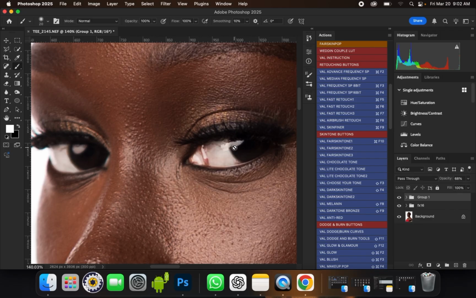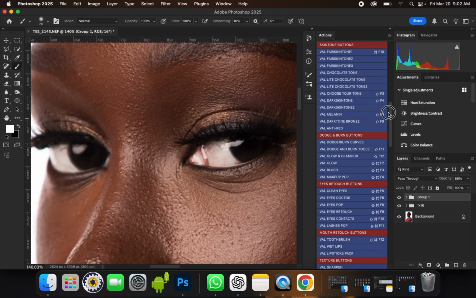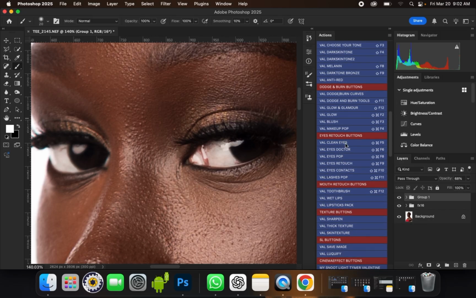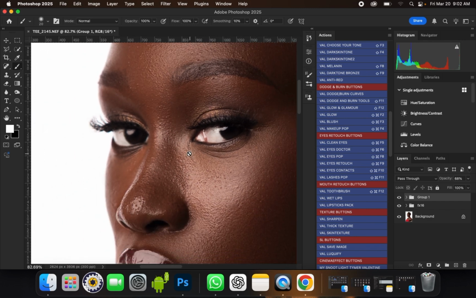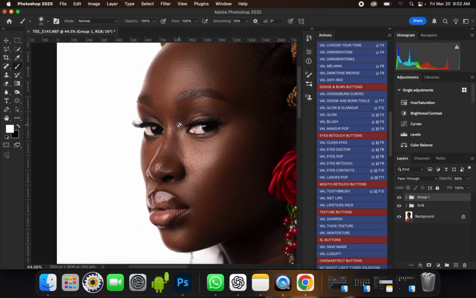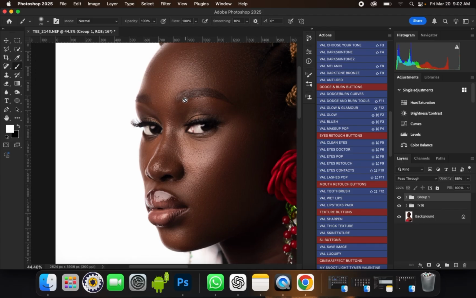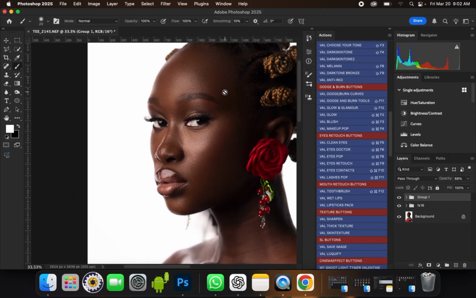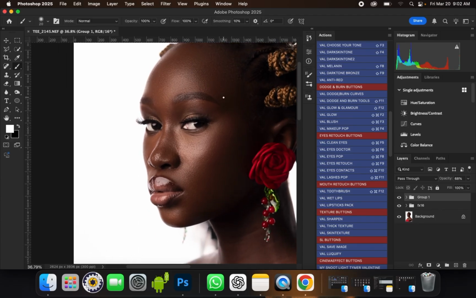There are many ways you can do this in Photoshop, and in my all-in-one preset, under the eyes retouch button, I have about four different presets to clean your eyes, if you are using my preset. But this is a step-by-step tutorial, so I'm not using any preset on it. Now we have cleaned the eyes, and the next thing we are going to do is